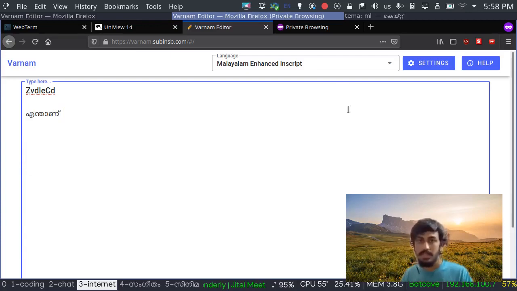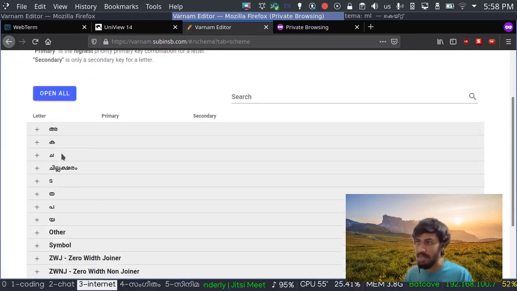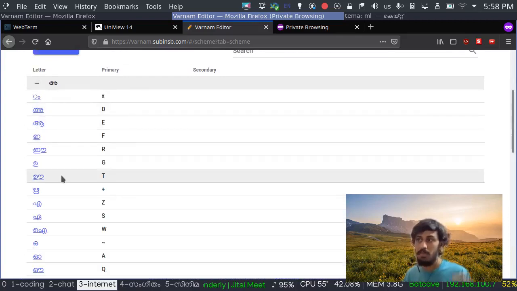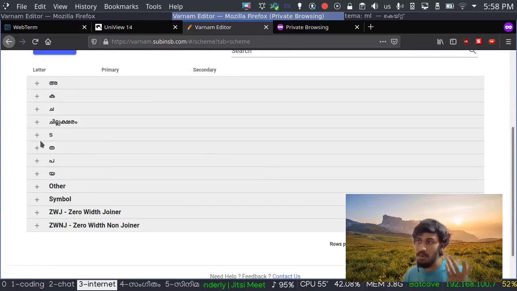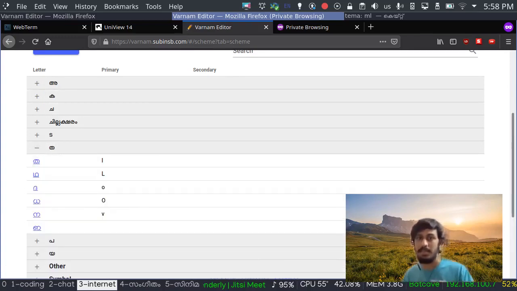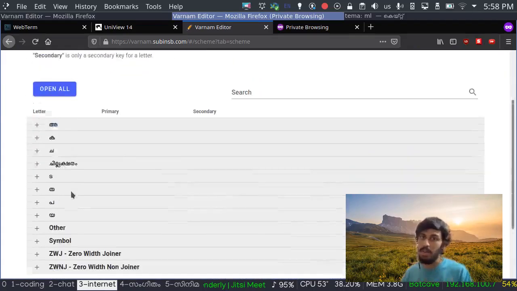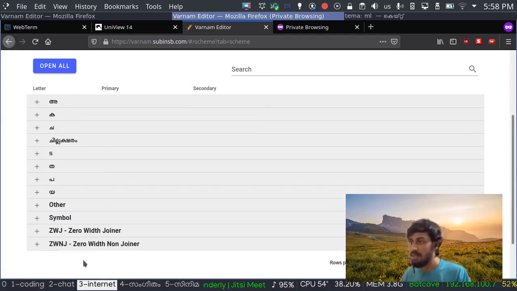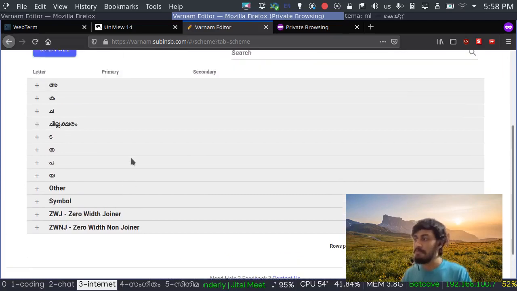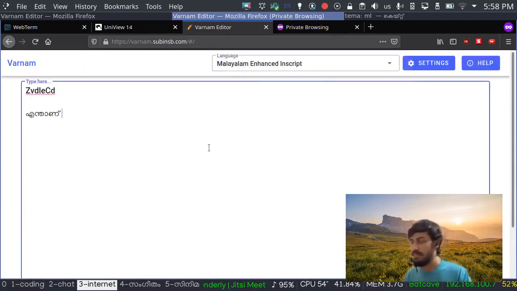And likewise, as we saw before, there is also the scheme portion right here. We can use the scheme to know what all letters are mapped to what. So R is mapped to capital D, E is mapped to capital F. You can see all those things and you can learn InScript too. You can see all the combinations like that. You don't need combinations in InScript because you will be combining each letter. And likewise, Cha is semicolon. Yep, that's it. So you can do InScript too. So that's InScript.